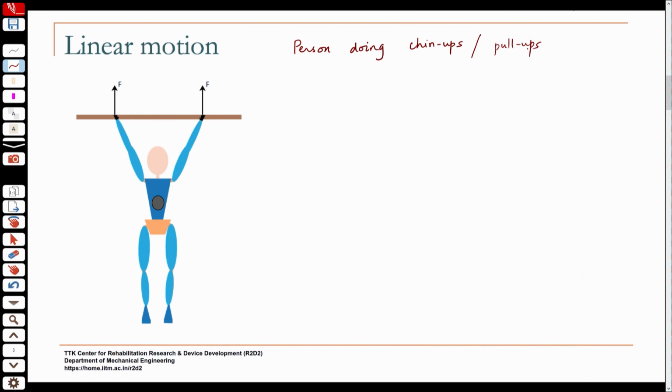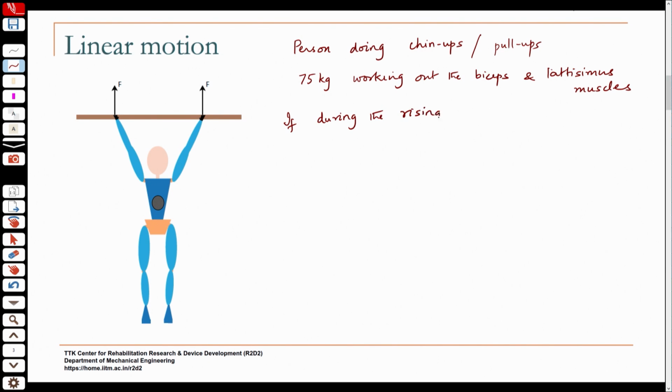So, you have a person, 75 kgs, working out the biceps and latissimus muscles. If during the rising phase